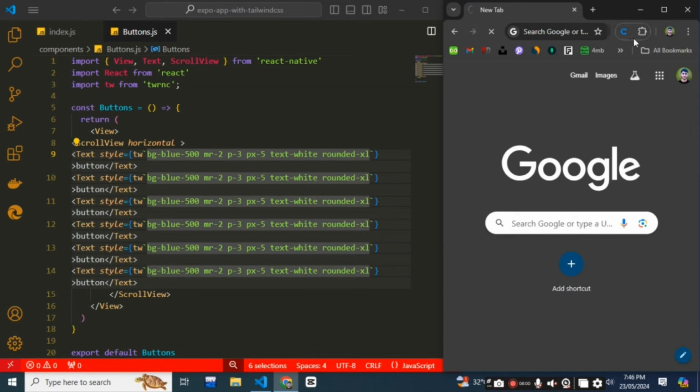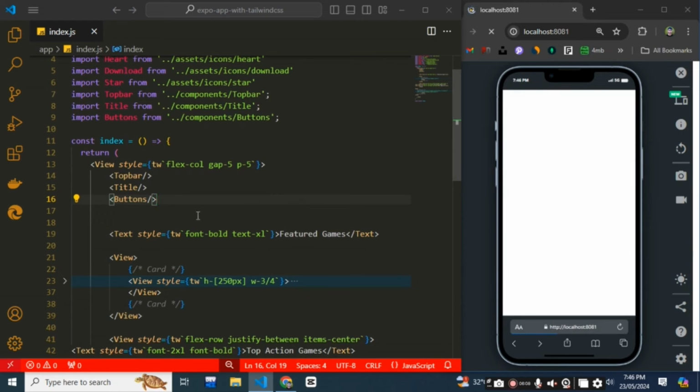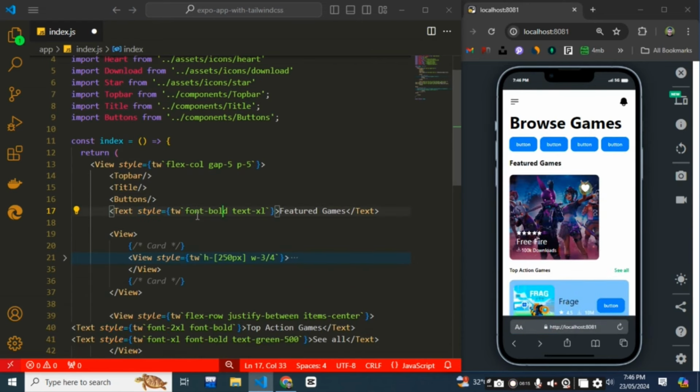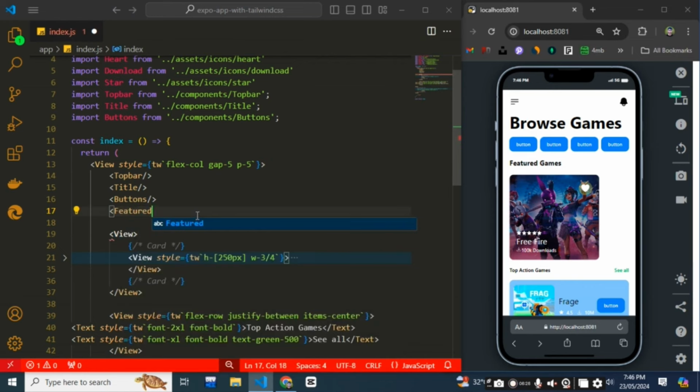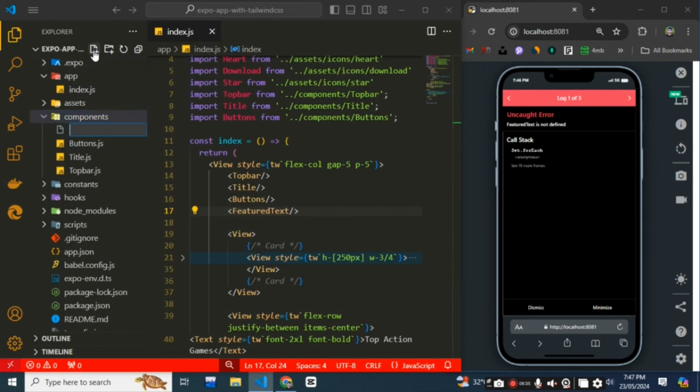You can see that we have implemented this functionality to our application now. So now let's move toward the next section, which is the feature tags. Let's convert these tags also into a component. For that, just cut it from here and create a feature tags, and it will be imported from the component